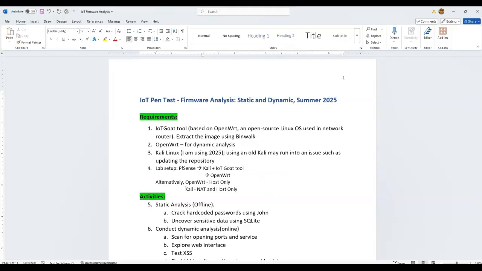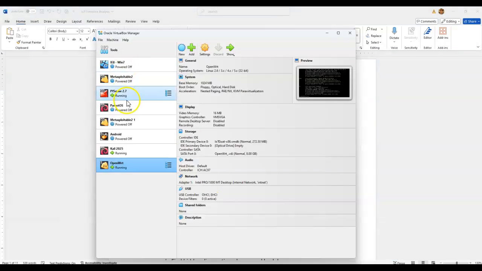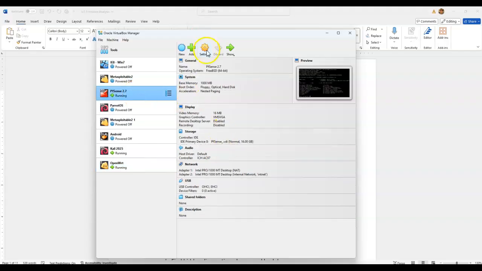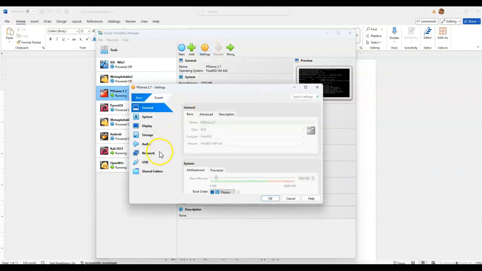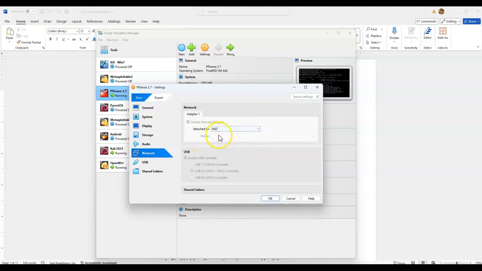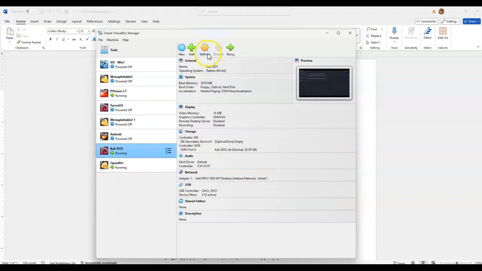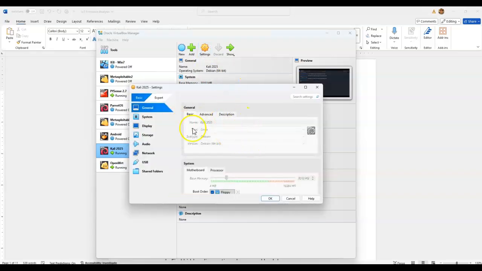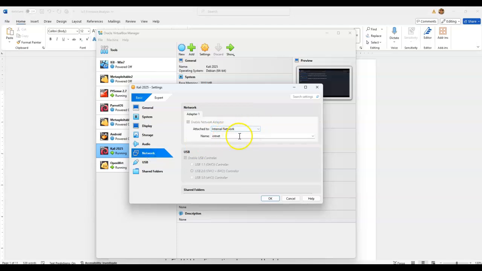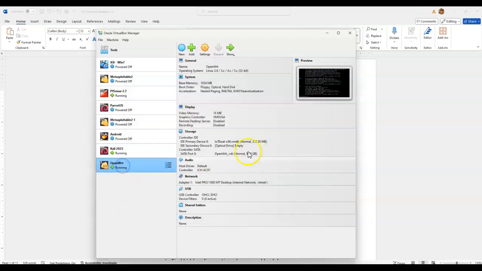In my lab, I'm using pfSense, so in pfSense I have the network set to NAT. My Kali uses an internal network, and for the OpenWrt VM, I also use internal network.